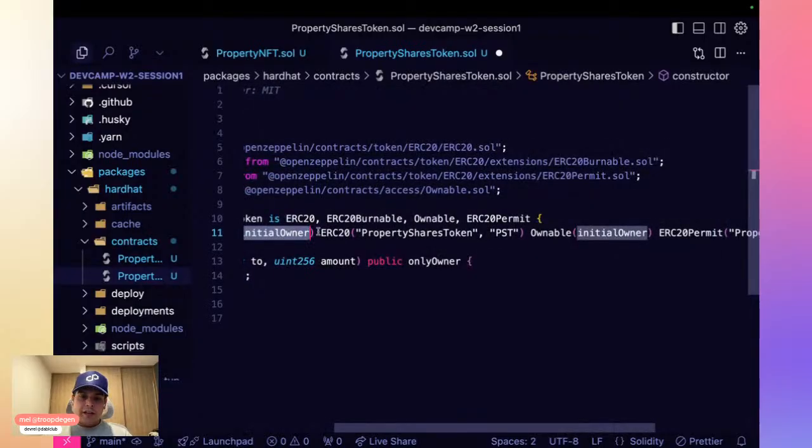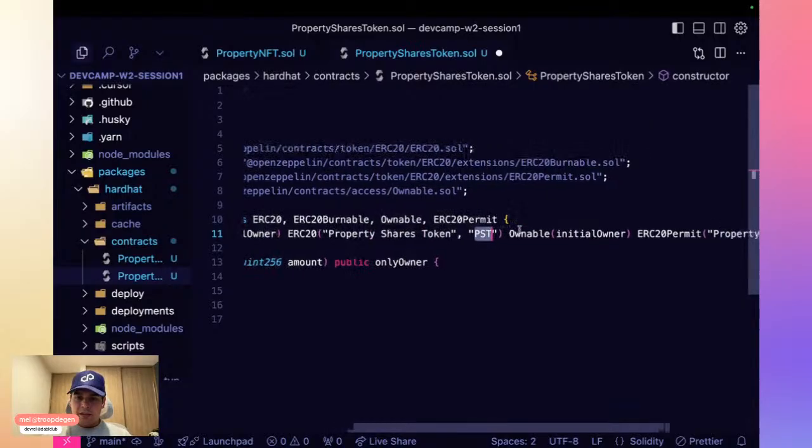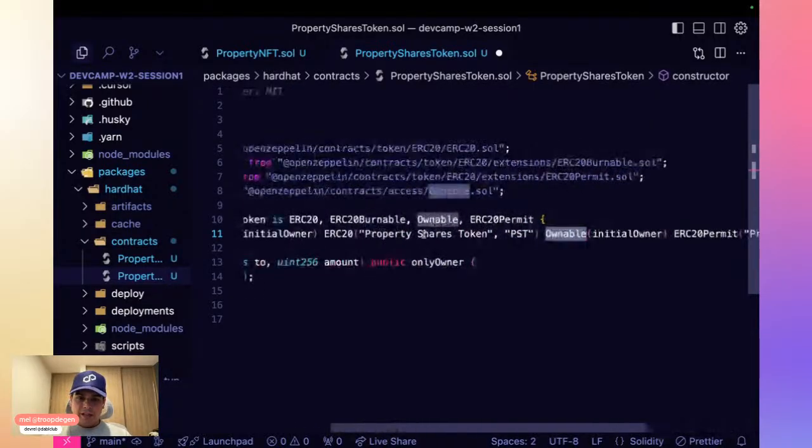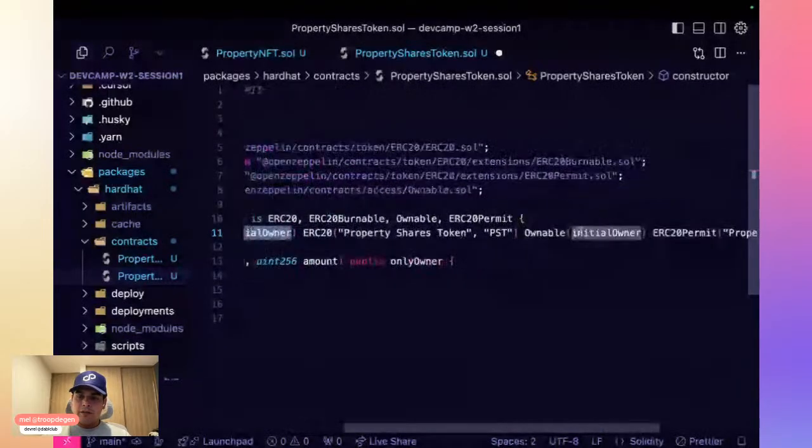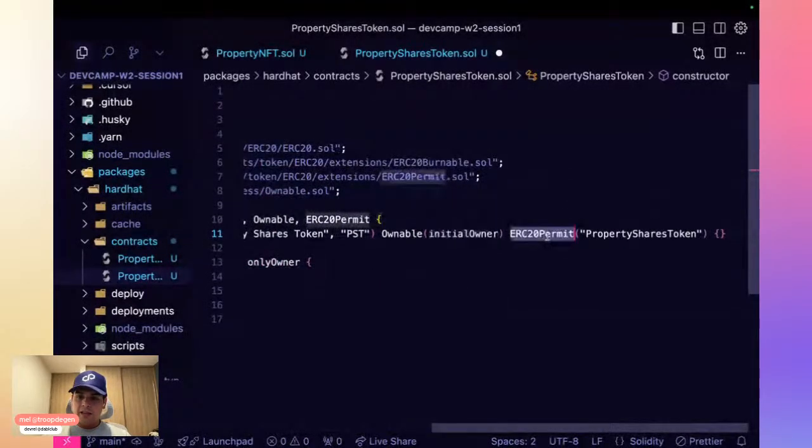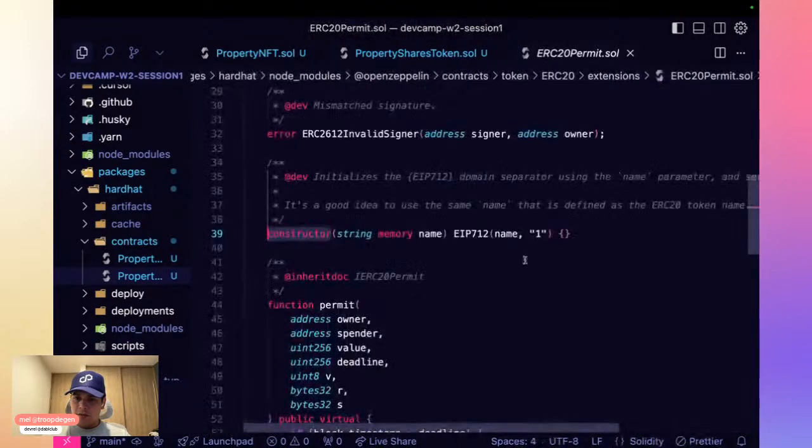For the ERC20, we're going to hard code the name to be PropertySharesToken, and the symbol is going to be PST. For the Ownable, we pass it the initial owner, which is part of our deployment arguments. And the ERC20Permit, I think we need to have it the same as the name. Yeah.